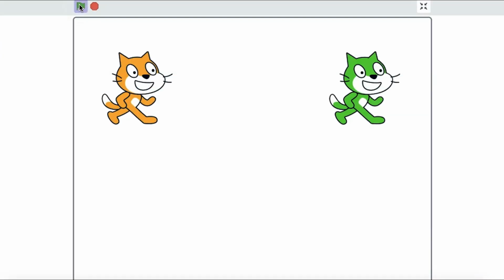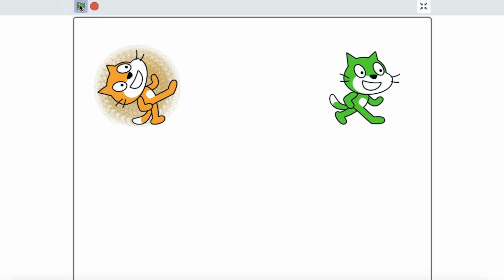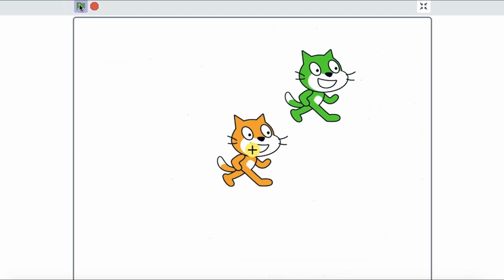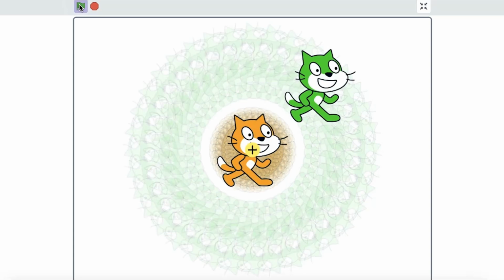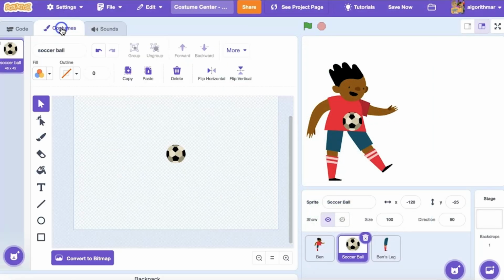I've got two sprites here that I want to rotate, but the results are different. One sprite is turning in tight circles, and the other is turning in a wide circle. That's because in Scratch, each sprite costume has a costume center, a center point that determines how sprites rotate, align when they go to each other, position themselves, etc.